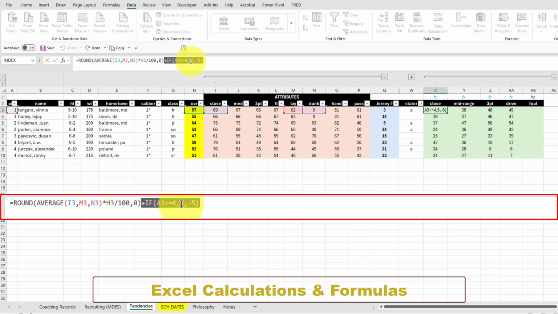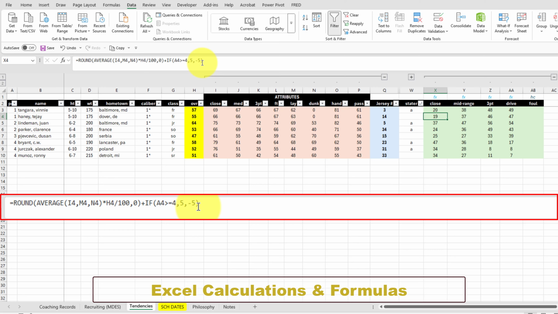You get it? So that's what the first 5 is. This other 5 is negative 5. If it's a point guard, a 2 guard, or a 3, then I'm deducting 5 points, right? So that's the formula for the close. And then these are the results that we came up with based on their attributes. Now, the next one is